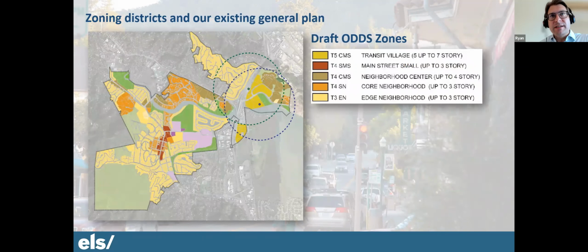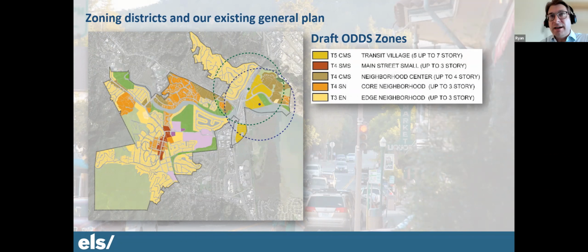So basically we narrowed it down to 5 categories. And once we have these 5 categories, we can fine tune the naming. We can fine tune the standards within each of those categories. But we identified 5 different types of commercial and residential product in your city.